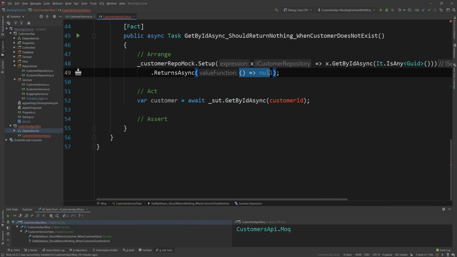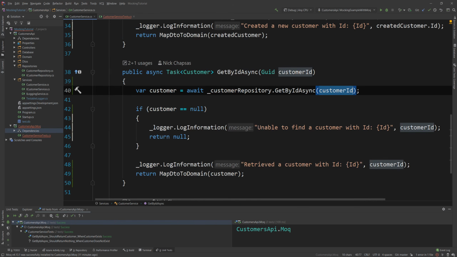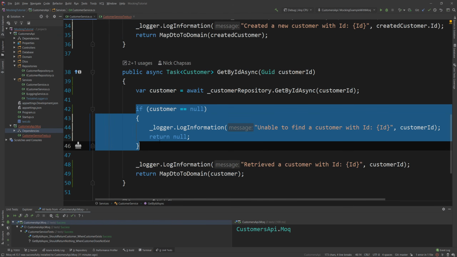Now, why do I do this lambda function approach? It's because if I remove the null here, the null cannot actually be inferred to a type because it's the async method. If this wasn't the async, it would work. But know that this is how you do null here when you have an async method. So this tells it that when this method is called with any GUID, please return null. And because this returns null here now, we will fall under this little block,